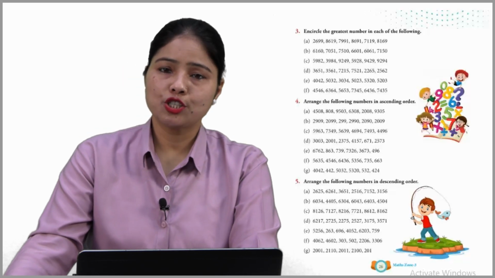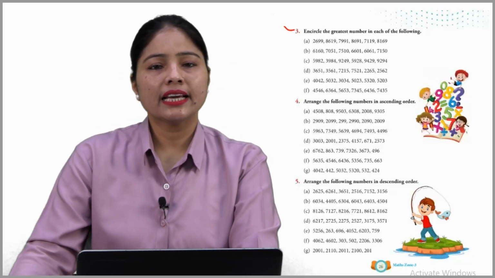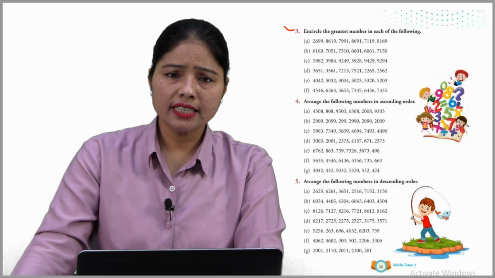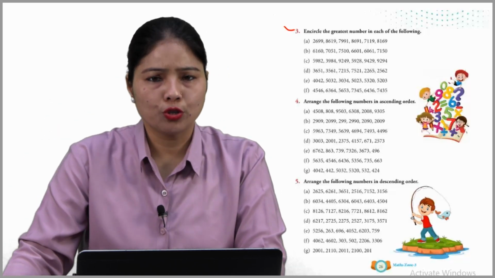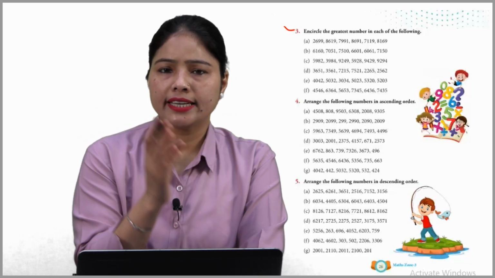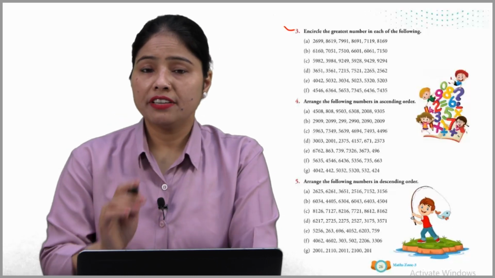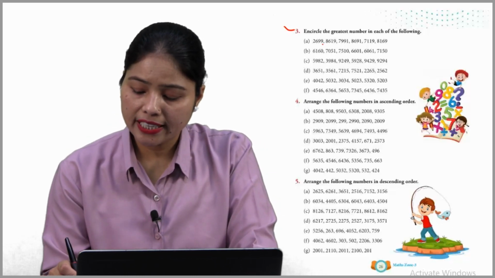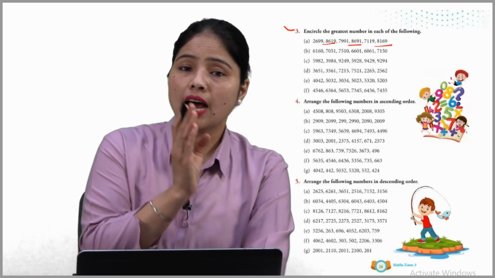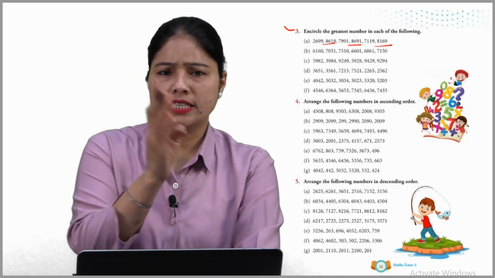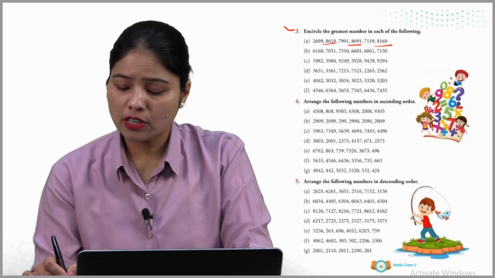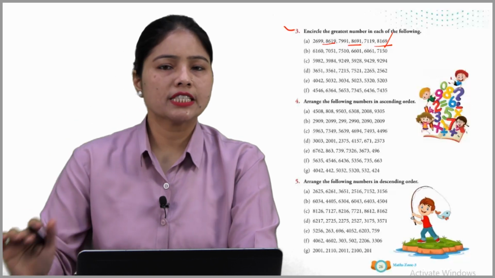Encircle the greatest number in each of the following. सेम मेथड. हमने क्या करना है, पहले ये देखना है कि 4 डिजिट्स के नंबर हैं कि 3 डिजिट्स के नंबर हैं कि कितने डिजिट्स के हैं. We can see that they all start with 4 digits. 4, 4, 4. Yes. So the biggest number or you can say the greatest number is our 8. But we have 8. This starts with 8000. This also starts with 8000 and it is also 8. So now compare with the 100's place. 100 की प्लेस में क्या है बच्चों 6, other 6 and यहाँ पर दे रखा है हमारा 1. So here it is 1. So just cut it out from the list. इसको लिस्ट में नहीं रखना है.